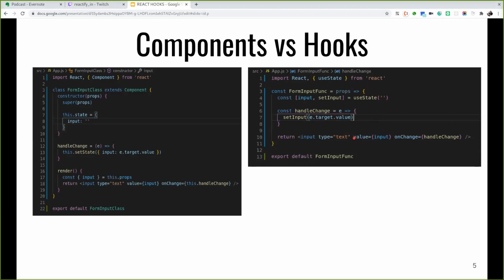Comparing these two ways to create a component, we can clearly see that hooks need less code and it's more clear to understand, and definitely provides an opportunity to share non-visual logic implementation, as they say. Talking about bundle size, I compared the bundle size of these two apps, but I could hardly see a difference of a few kilobytes. But in some articles and videos, we can see up to 50% difference in bundle size between the class component and hooks component. So that's something definitely interesting to check out.